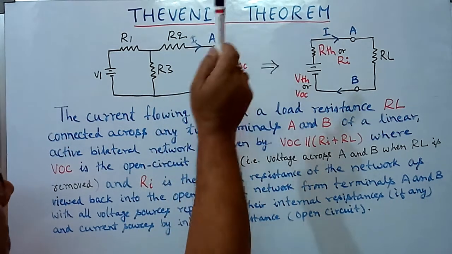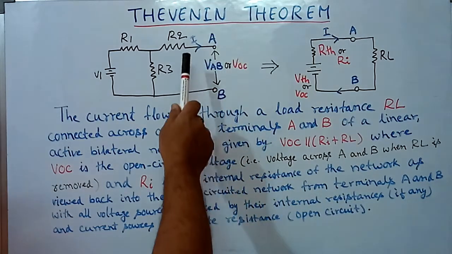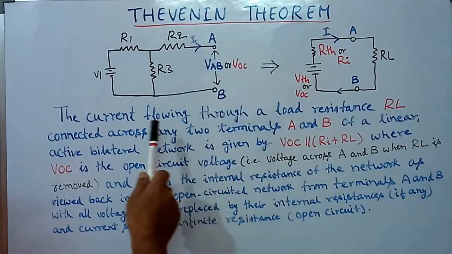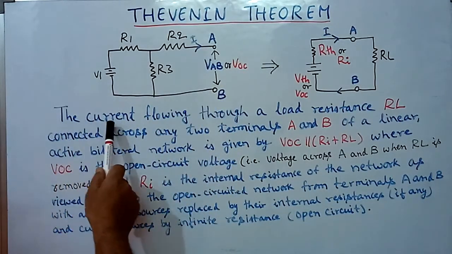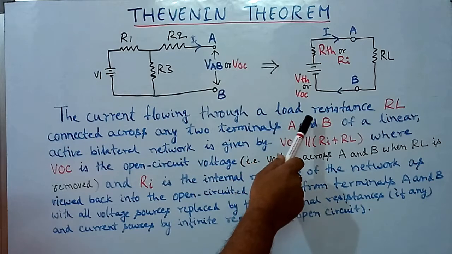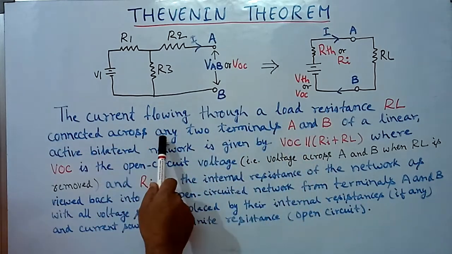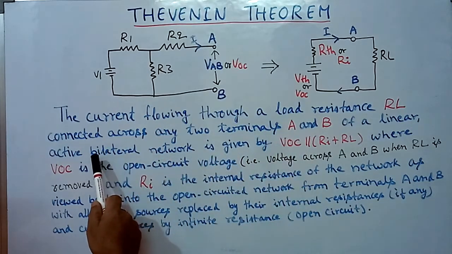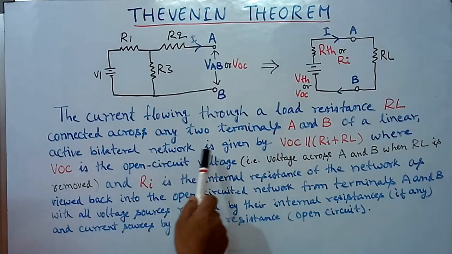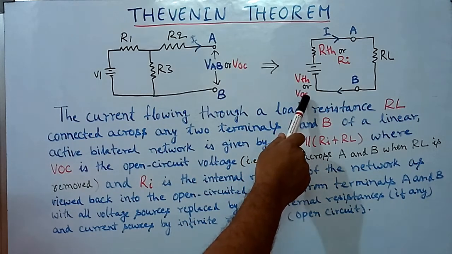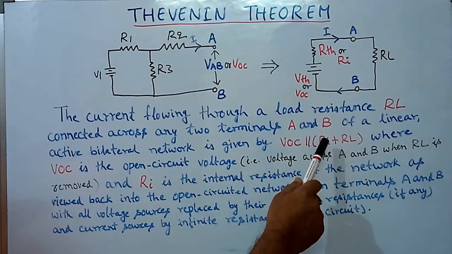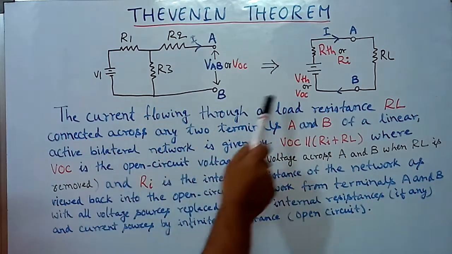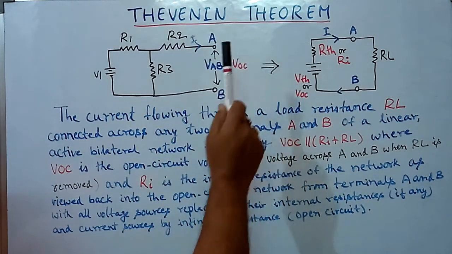Thevenin theorem. Now, the statement of Thevenin theorem is like this. The current flowing through a load resistance RL connected across any two terminals A and B of a linear active bilateral network is given by VOC or VThevenin and Ri plus RL relation, where VOC is the open circuit voltage,